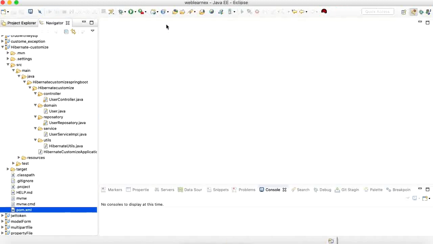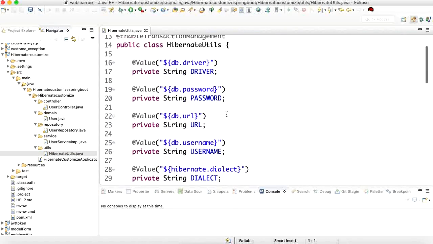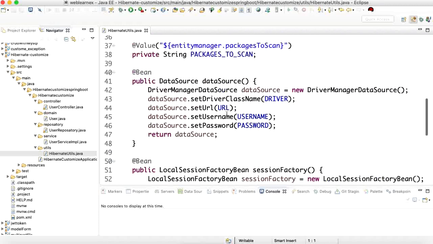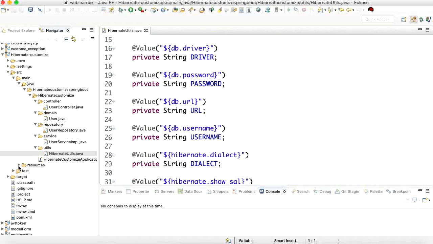So this is my dependency, and let me open the project architecture. First, let me open the utils folder. Inside the util folder I have added the Hibernate configuration and all these things, and created the custom session factory here. Let me open the